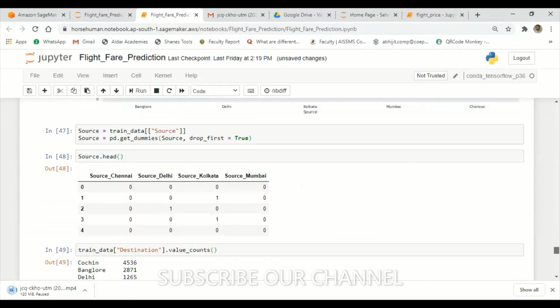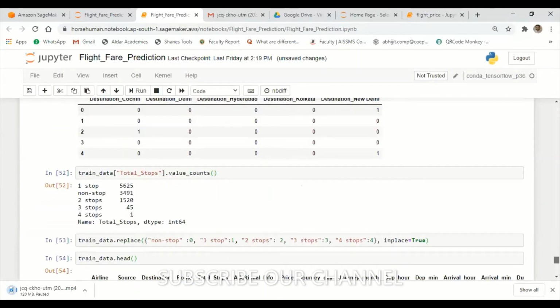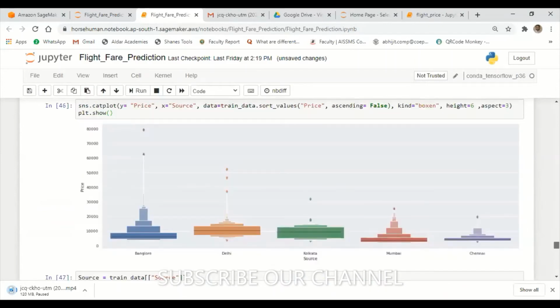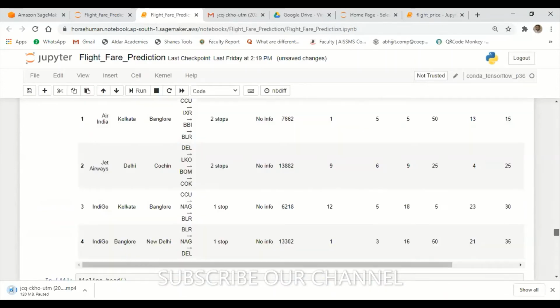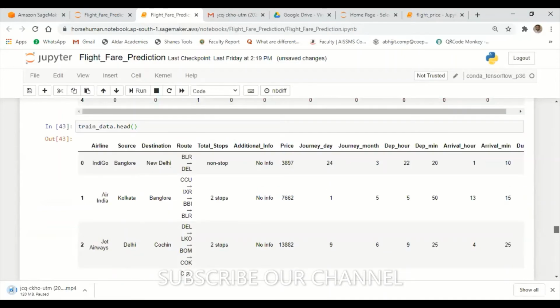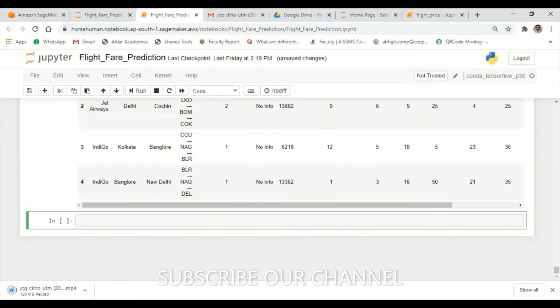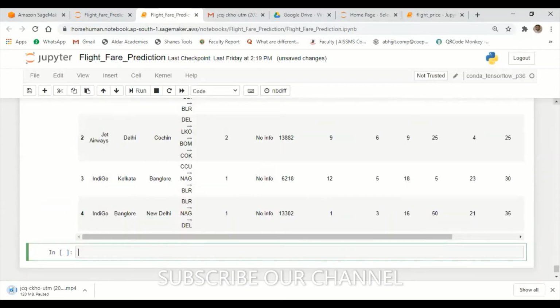Just now what I have created, total stops as zeros, if you compare it with the previous data, gives more clarity, right? Non-stop compared with 0 gives more clarity compared to our old data. This column is also in numerical format now.